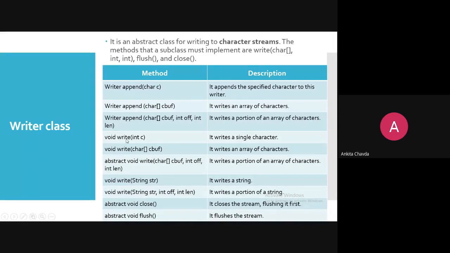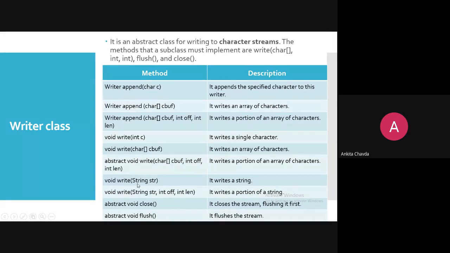Then you have the write method. It writes a single character. You can write a sequence of characters with a character array, or only a portion of it. This one is for appending, this one is for writing.